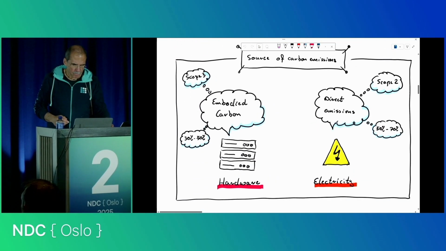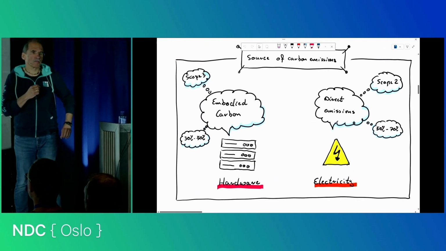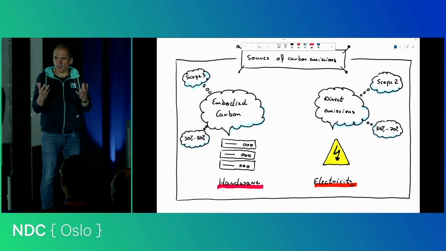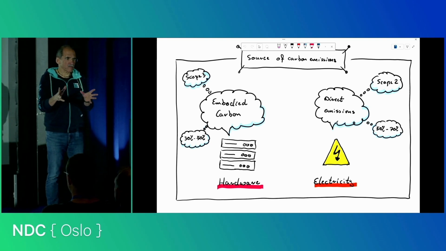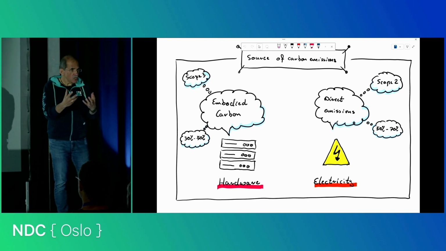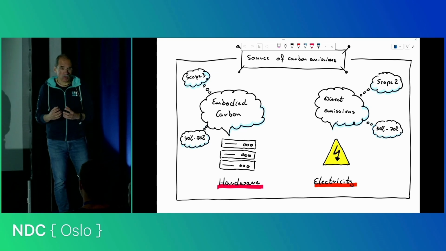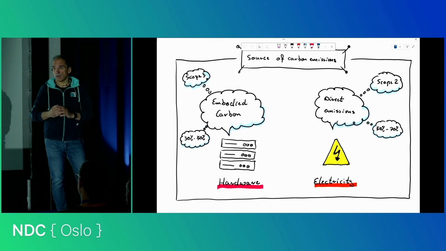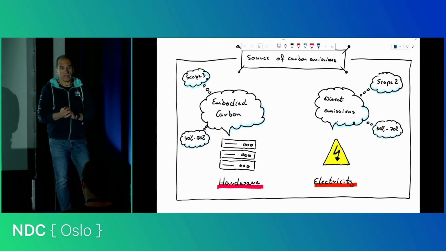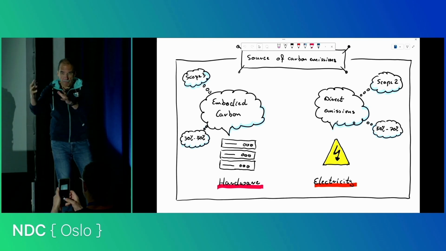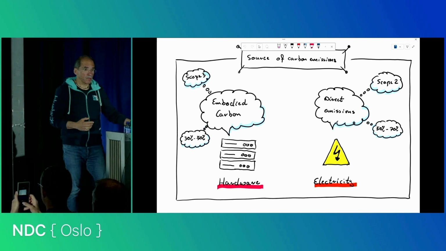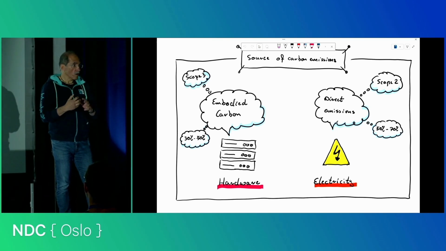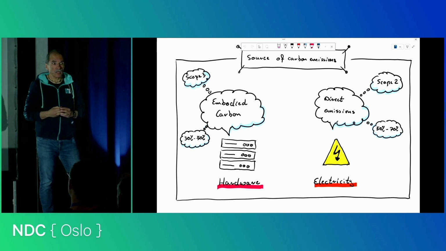For a better understanding, I think it's important to know where the emissions occur. Because software is bits and bytes, some text file, but the emissions occur on operating software or on producing software, so in the development phase, and then in the operational phase. And the emissions happened in the past because we have to build hardware to run our software on. So we call this kind of past emissions the embodied carbon.